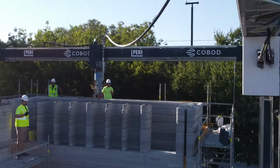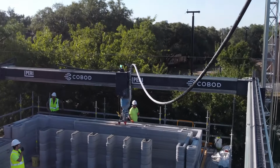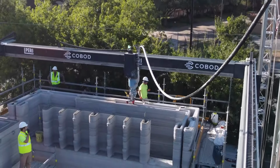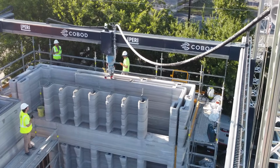This project was coming together while I was living in Houston, so I got to visit multiple times as it was only like 15 minutes away from my place. Now I'm in Austin, but I'm hoping to go back soon and get a look at their updated progress when it's about 95% complete,